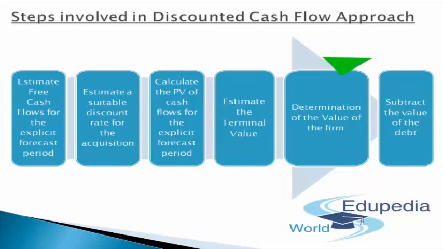And finally, you'll be subtracting the value of the debt from the value of the firm. You'll have to subtract the value of the debt and other obligations, assuming that the acquirer needs to arrive at a particular value of equity. With this method, you will be able to get the final value for the buyer, and in simple terms it should be the value of the seller plus the value which is being added by the buyer plus the changes in the value to a buyer